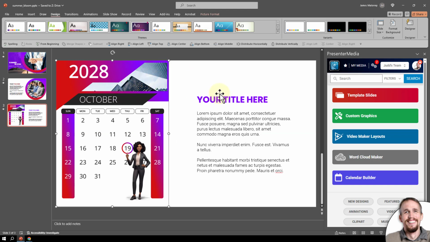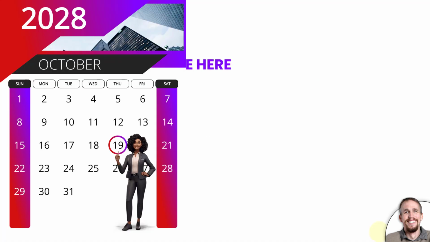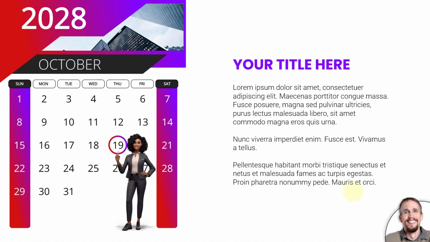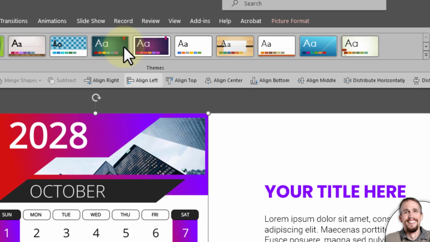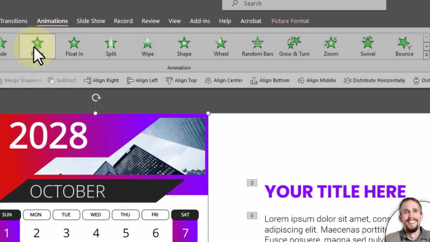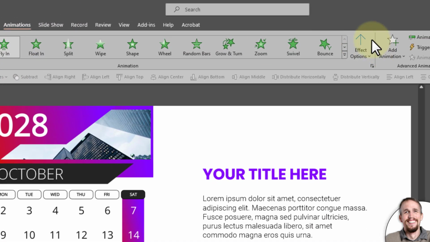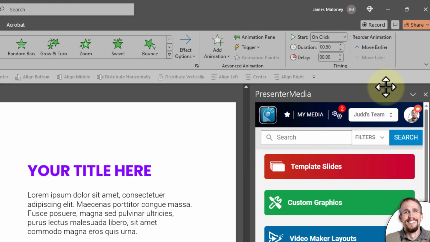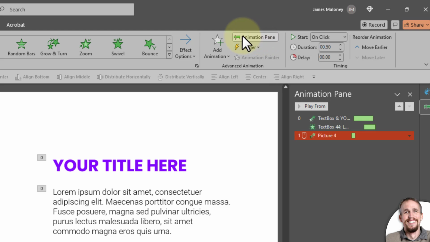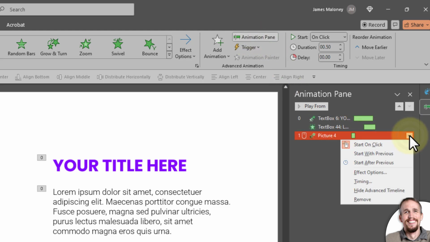That looks good. Over here on the right, if I play the slideshow, you can see this all comes in now. If I want my calendar to be animated, I just go up to select it, go to animations at the top, I'm going to do a fly in, select the options right here, go from left, that looks good, click the animation pane right here to open the animation pane, right click on the drop down of my animation,